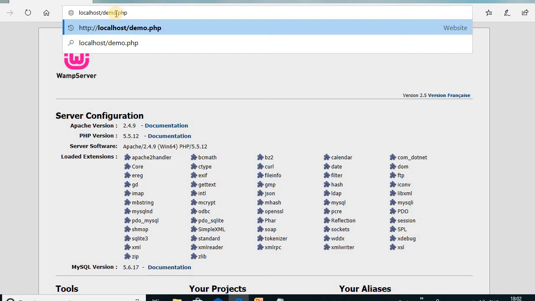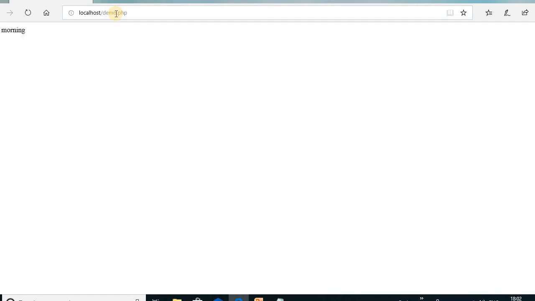After writing the name of the PHP script file, you can press enter. If it is okay, then a message good morning is displayed on the screen. This message we wrote in the PHP script file. So like that we can create the PHP script and execute the PHP script.